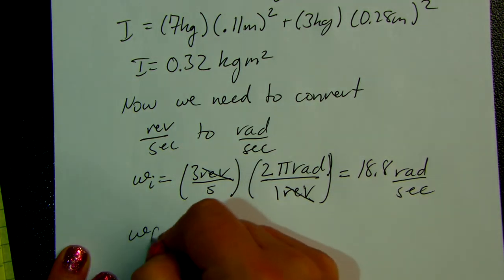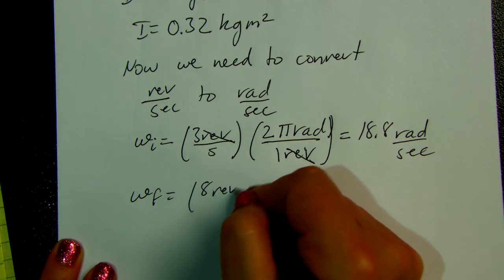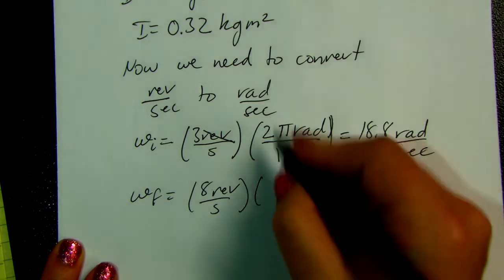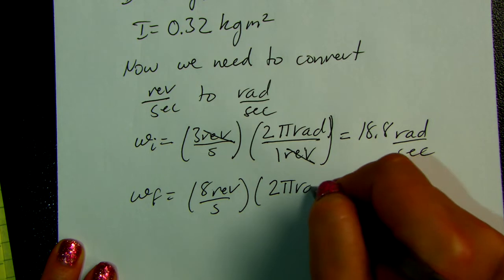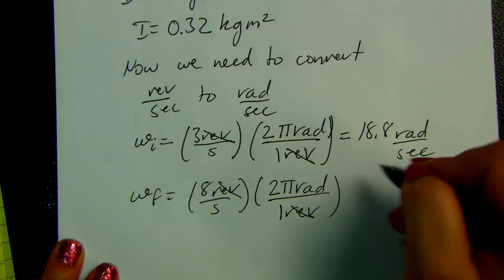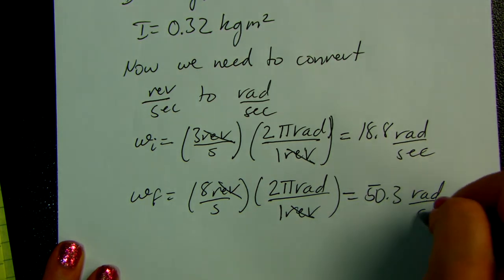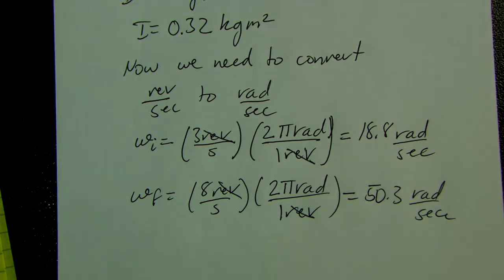And for omega final, we just do the same thing. We know there's 8 revolutions per second times 2 pi radians per 1 revolution is equal to 50.3 radians per second. All right, so